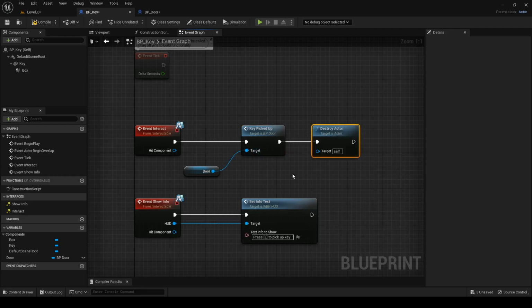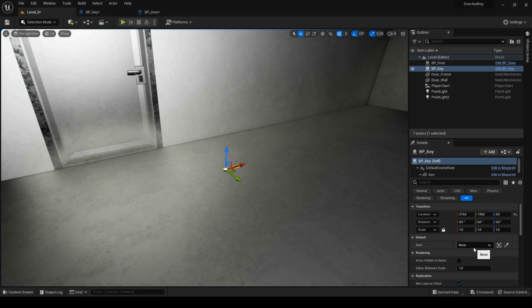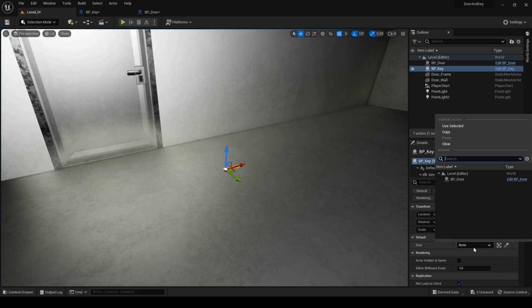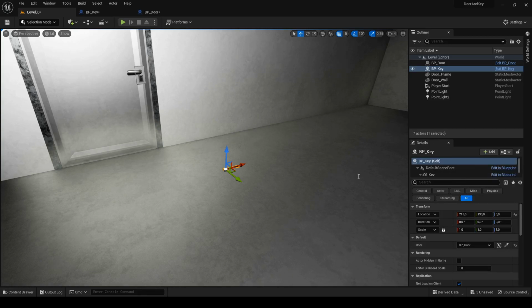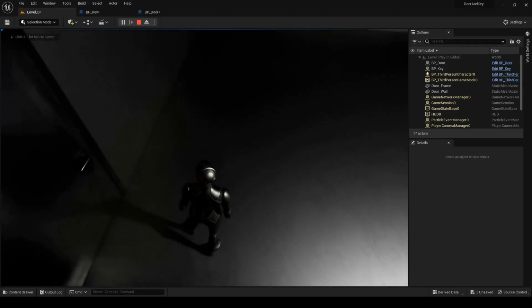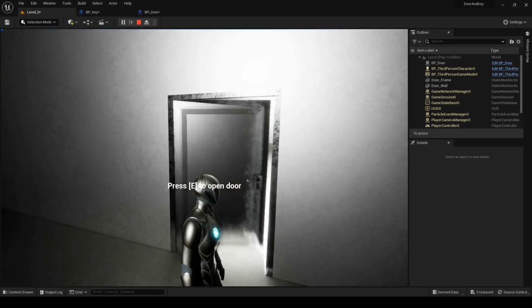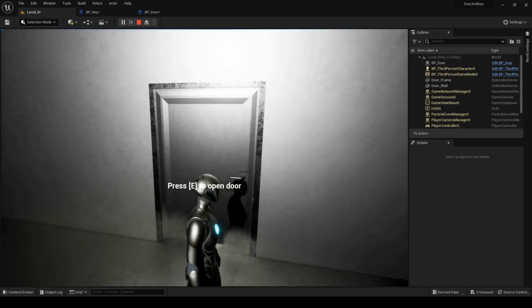There are 2 ways I will show you to assign the key to the door. The first one is the one which you will probably use, and it is by making the door variable public by clicking the eye icon. So do it and hit compile. Now go to your level, click the key, and here you can select one of all objects in your level which matches the data type of it. You can see the door here, so select it and let's test it. When we come to the door, it is locked. We pick up the key, we see a message that we have it, press E to unlock, and now we can open and close it as many times as we want.